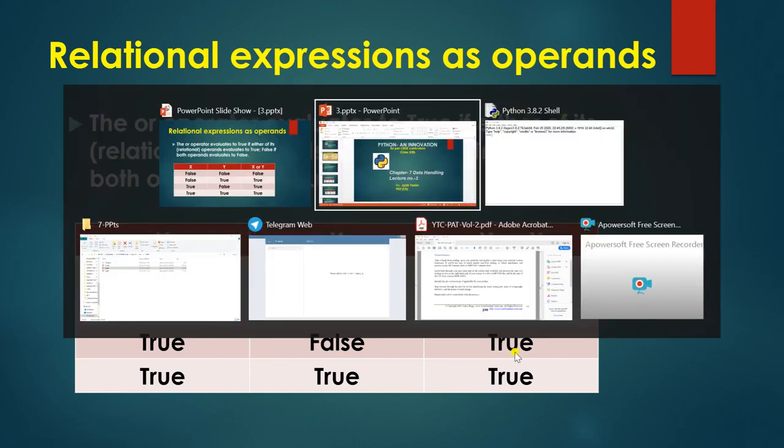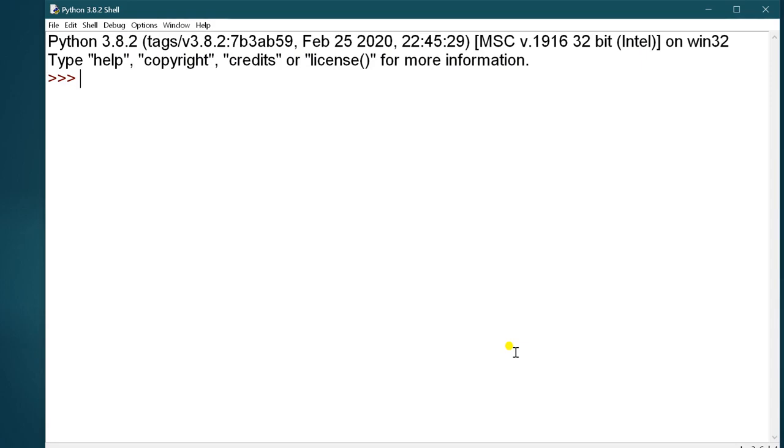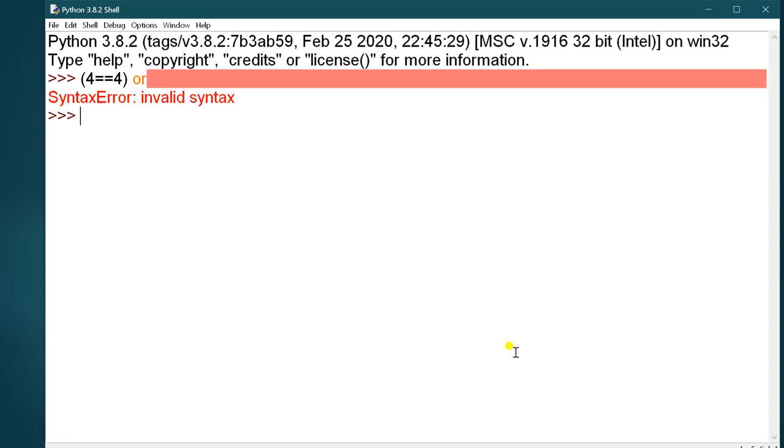Now let's see it with the help of Python. First I am showing you with the help of the relational operator. For example, 4 is equal to 4, or 5 is equal to 8.